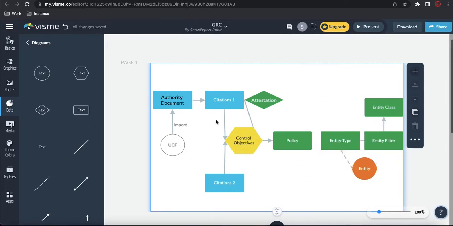So understand quickly here. So far, whatever we have done, we have divided into two parts, the left side and the right side. On the left side, we have the UCF document. From there, it imported the authority document, citation, and then control objective, and we created that policy manually, and then attestation here. Now on the right side, what we did is this one-time job called entity class,